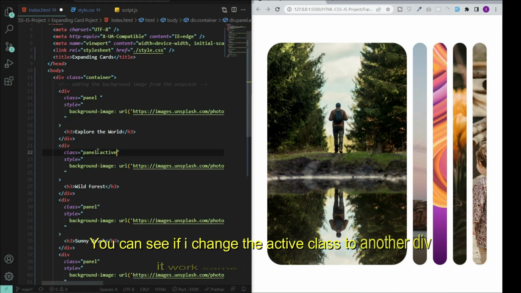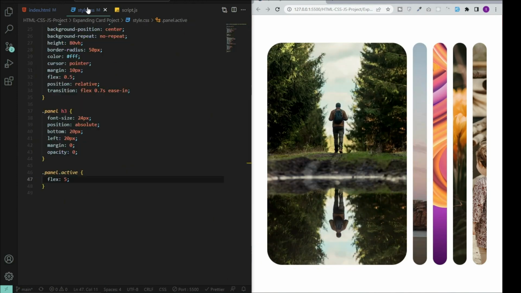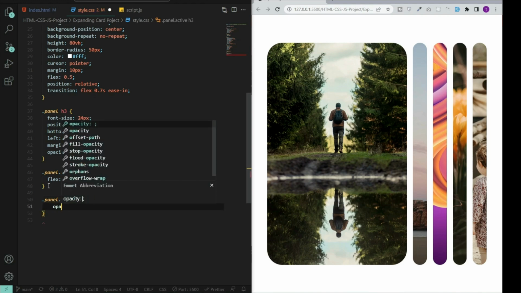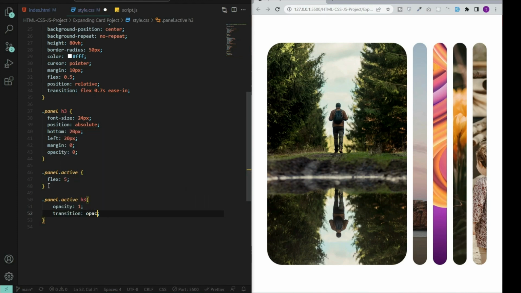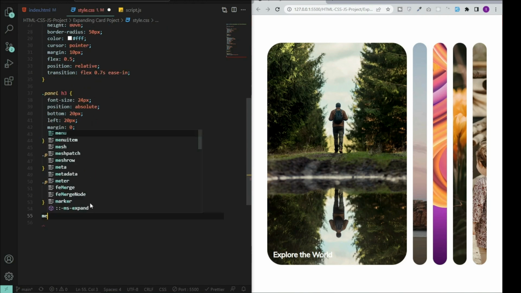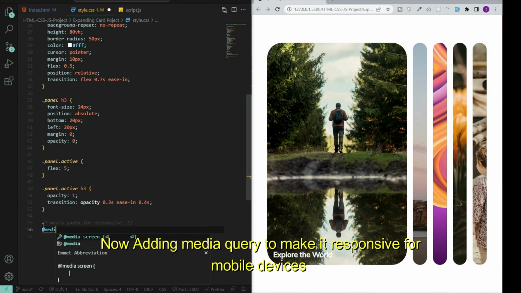You can see if I change the active class to another div, it works the same as the other div as well. Now adding a media query to make it responsive for mobile devices.